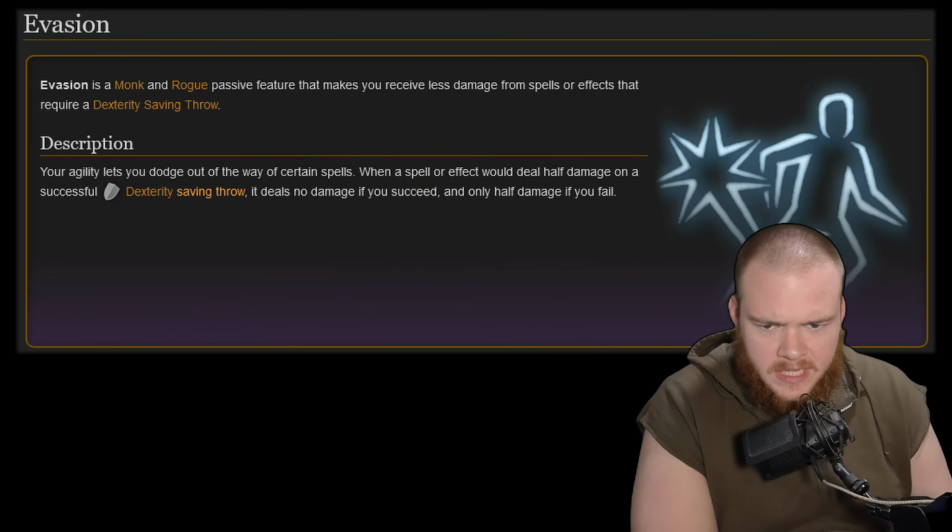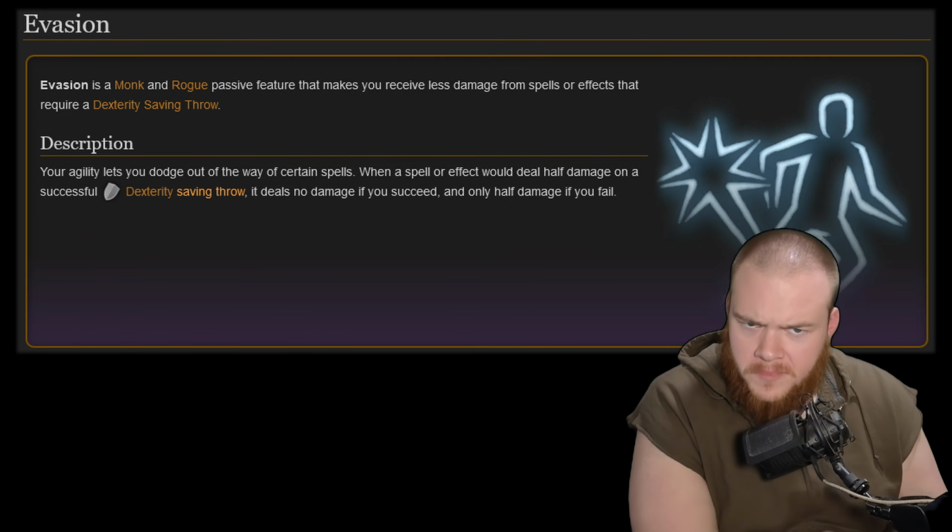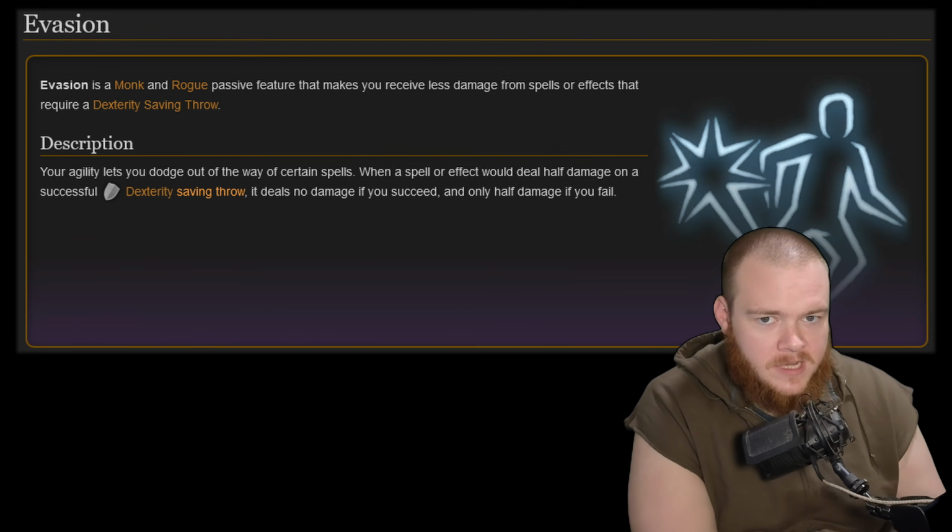Your agility lets you dodge out of the way of certain spells. When a spell or effect would deal half damage on a successful dexterity saving throw, it deals no damage if you succeed, and only half damage if you fail. So from this point forward, your rogue can only ever take a maximum of half damage from spells that have